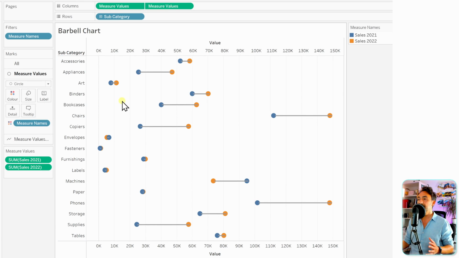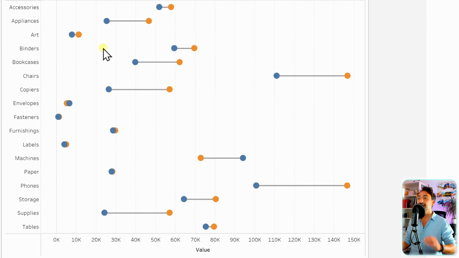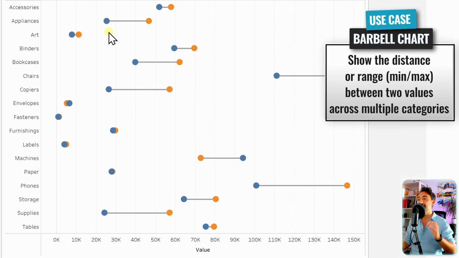Alright, so that's enough. And now as you can see, the line is on top of the circles, which is not really correct. In order to make it in behind, we have to go and switch the order of those dual axes. So let's take the right and put it on the left. Alright, so with that, we got a perfect Barbell chart in Tableau,